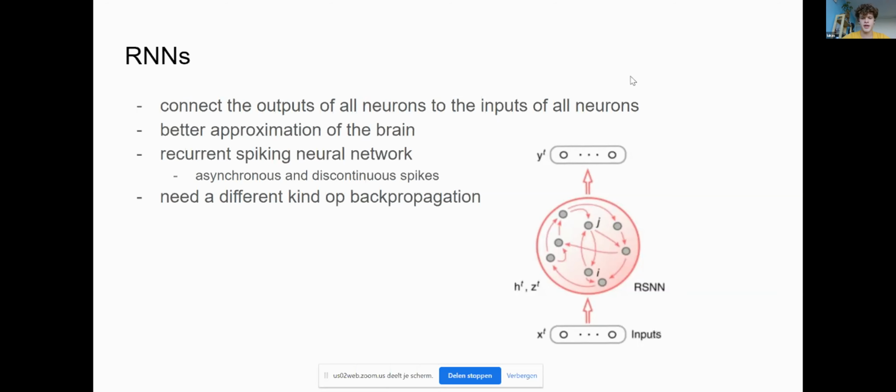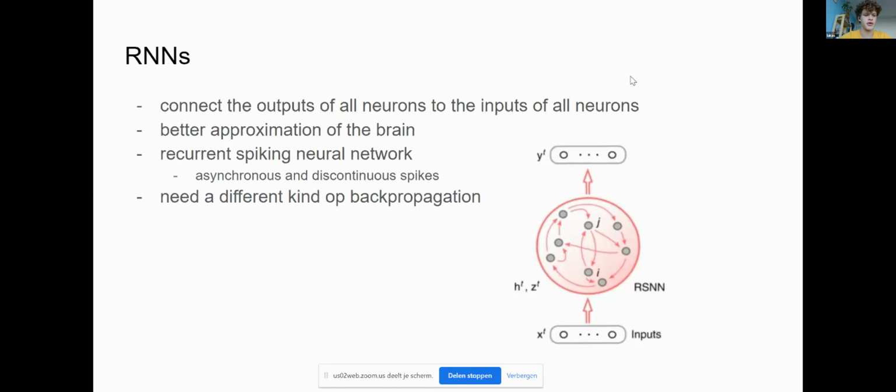Another step that can be taken to take this particular model closer to how real brains work is the way the information is conveyed. For example, in normal recurrent neural networks, the information is conveyed in bits and numbers. But if we take a recurrent spiking neural network, the information is conveyed in discontinuous and asynchronous spikes instead of bits and numbers. So we now have a neural network that approximates the human brain a lot better already. But standard backprop does